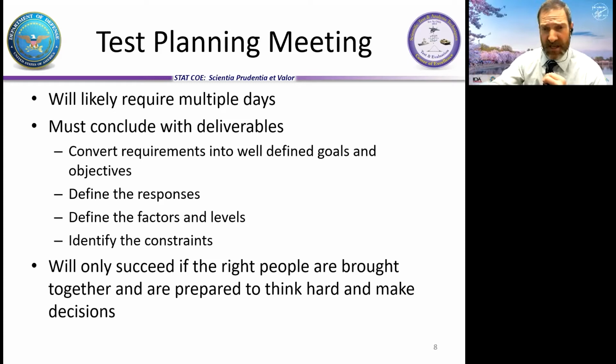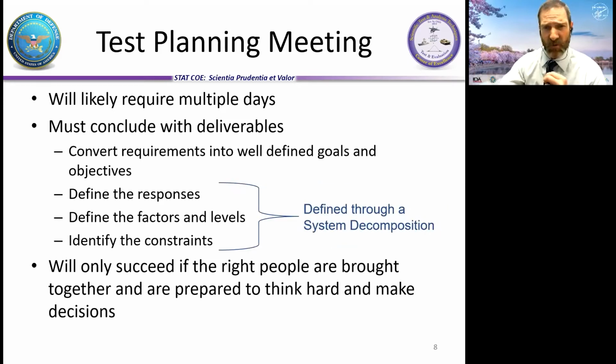We're going to take another step and figure out what are implied tasks, right? So we got some explicit tasks there, but what are some implied tasks? And just as an example, if I look at those bottom 3, define responses, factors, levels, constraints, well, that's probably best done through a system decomposition, right? Let's really tear apart this system under test. Let's really understand it, all right? That's not listed in there, but that is an implied task, all right? And then finally,